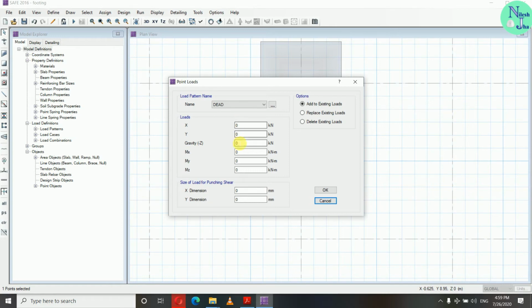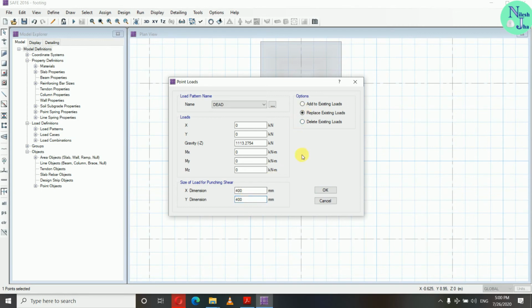So the dead load is acting in the downward direction, so minus z there, so you don't have to give the minus sign there because it has already been provided. 1113.2754 kilonewton. Okay, and here the size of load for punching shear will be the dimension of the column, that is 400 mm and 400 mm, because the dimension of my column is 400 by 400.